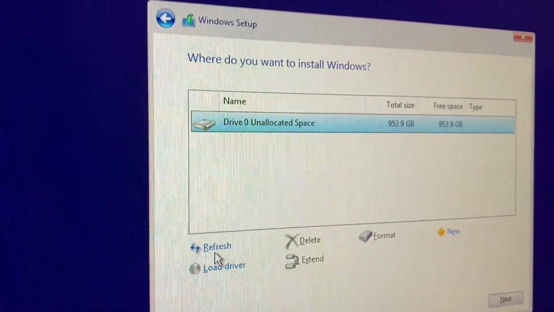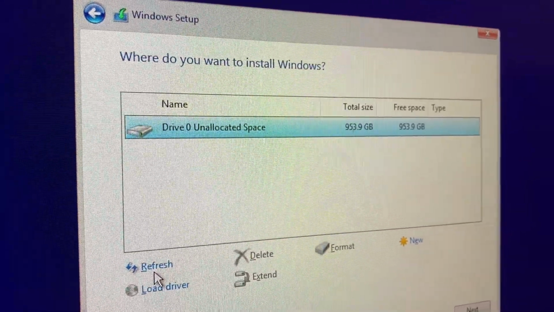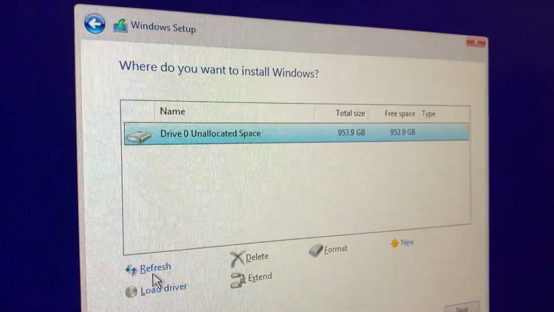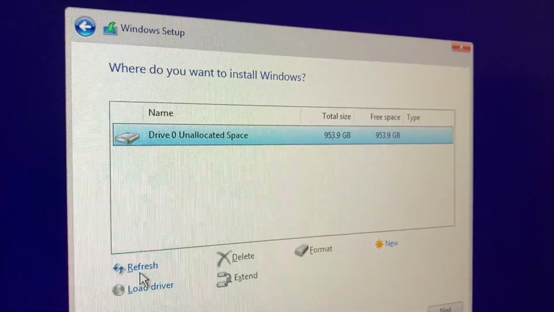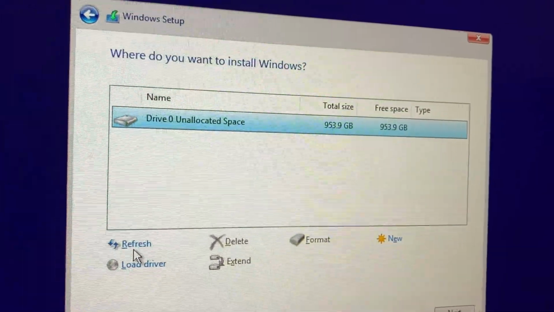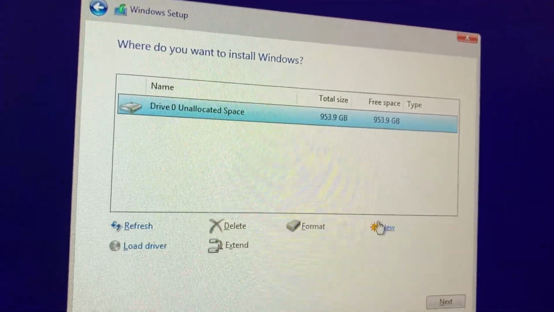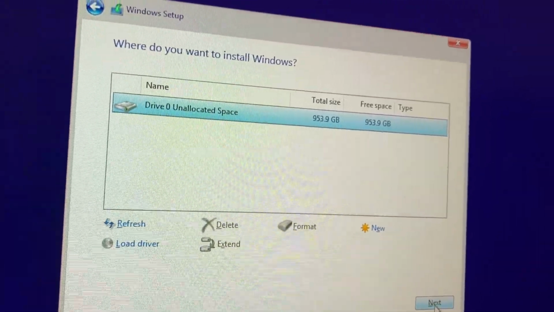Now if you had a fresh SSD in there, or whatever hard drive you're using, this would have popped up right away. But if you have one that's been used before, it'll have the old stuff on there and you'll need to get rid of it. Or if it's your SSD and you just need to reformat it and everything, just do the stuff that I just did. It's new, just hit next,